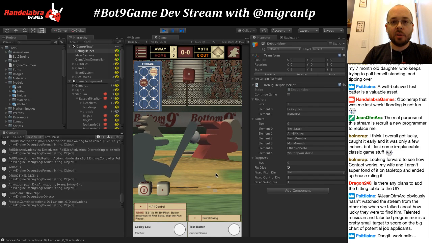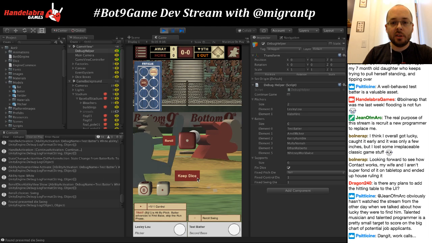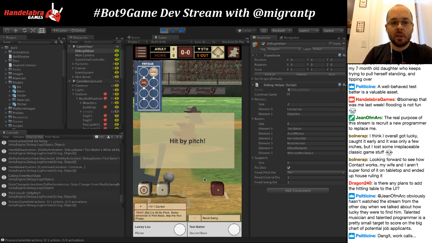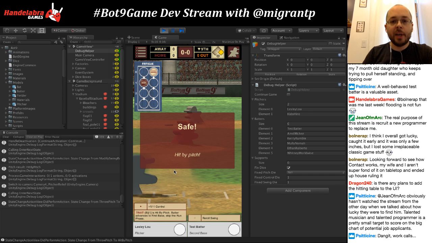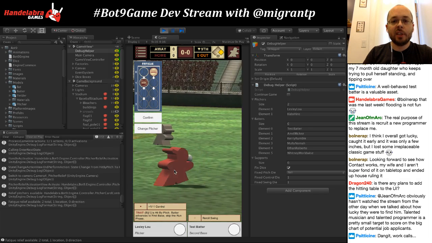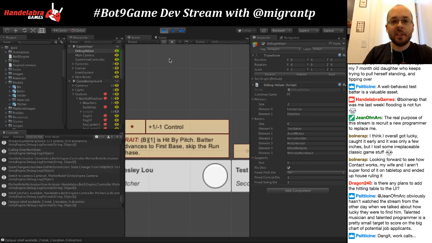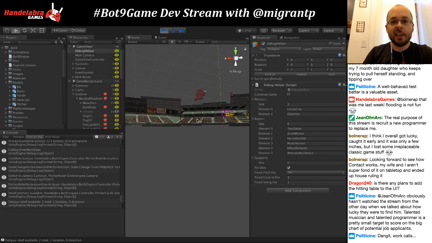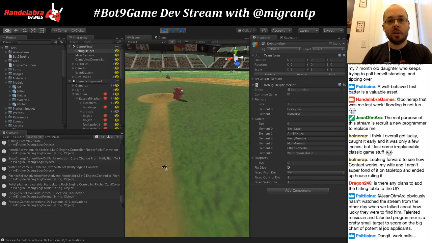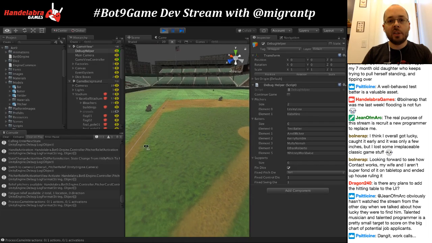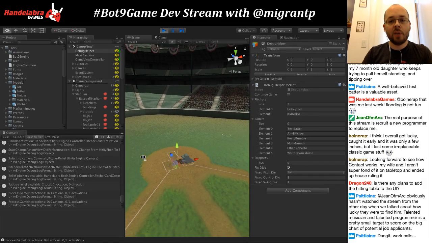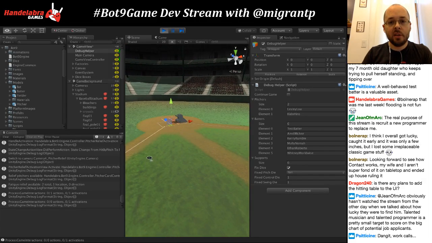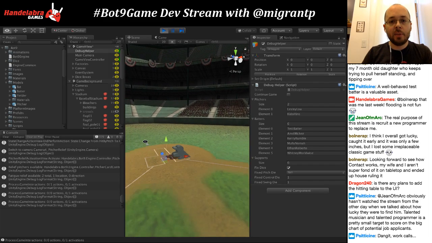The batter still rolls, and it's hit by pitch. And so the background doesn't really know what to do in this case, so nothing's happening. The batter's just staying there because it doesn't know what to do. But what we need to do is get it to walk to first base, basically. I think, yeah, it did turn off the bat, so